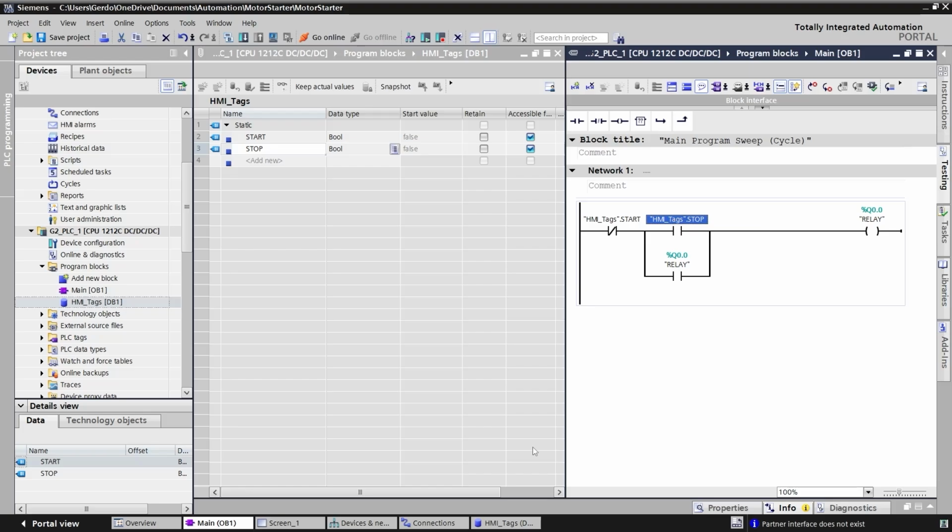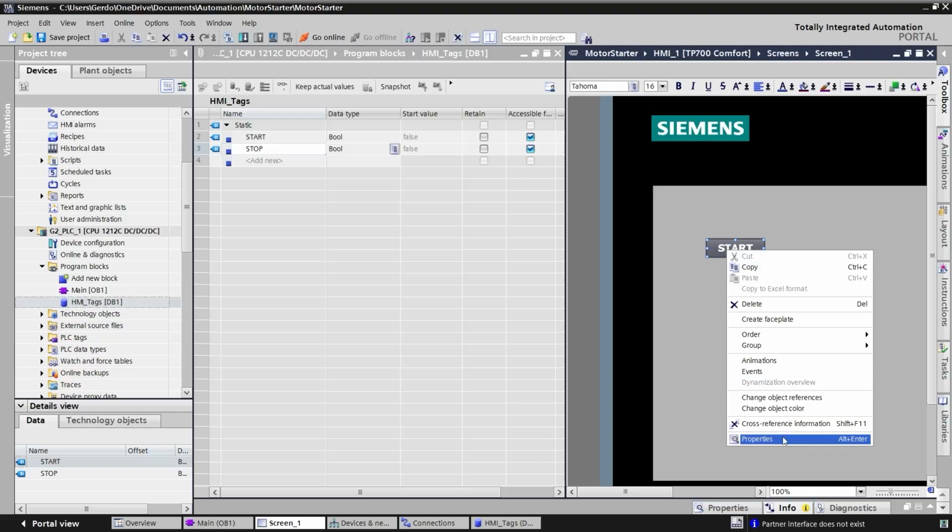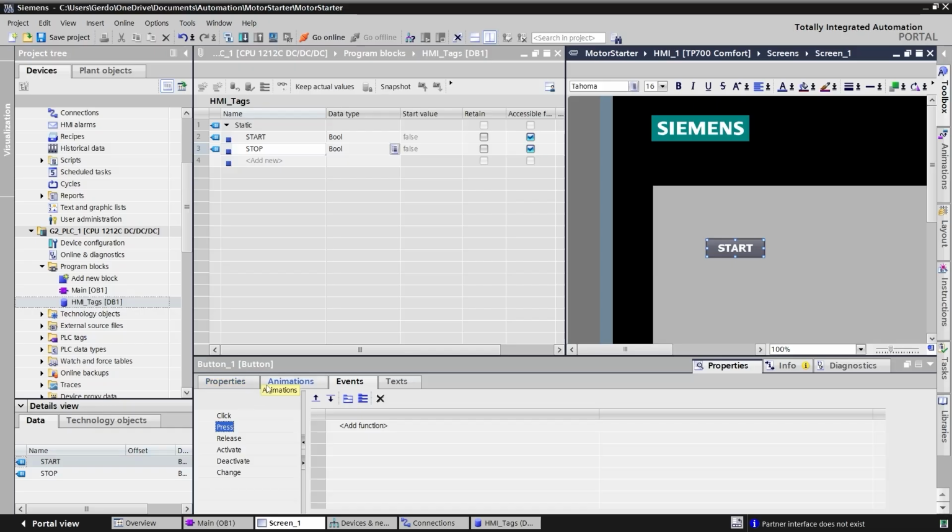So now I need to interconnect these tags with push buttons on the HMI screen. So I'm going to bring up the HMI screen. Here I have the start button. I can simply right click on it and open properties at the end. And in the properties section, we have multiple tabs. To interconnect the push button with PLC data points, we need to do that in the Events tab, which now